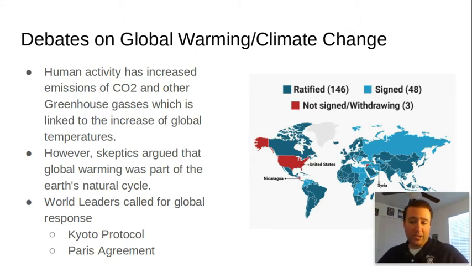So China and India and other developing nations of the global south, well, not just global south, I think Russia might have been part of this too, wanted basically special circumstances where they didn't have to do as much as some of the more developed countries as far as cutting down emissions, because for them that meant they would have to cut back on their development and their industrialization, and they didn't want to do that. So the world essentially agreed to that, and